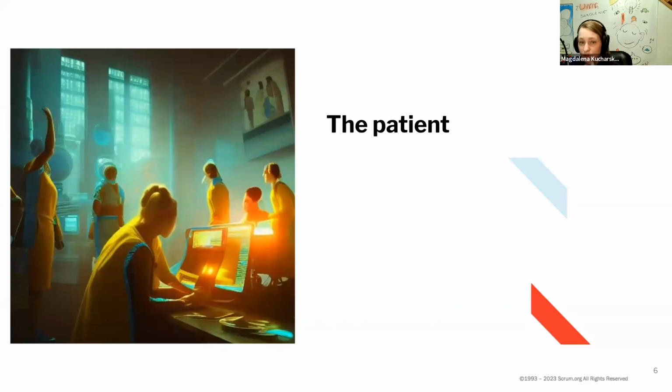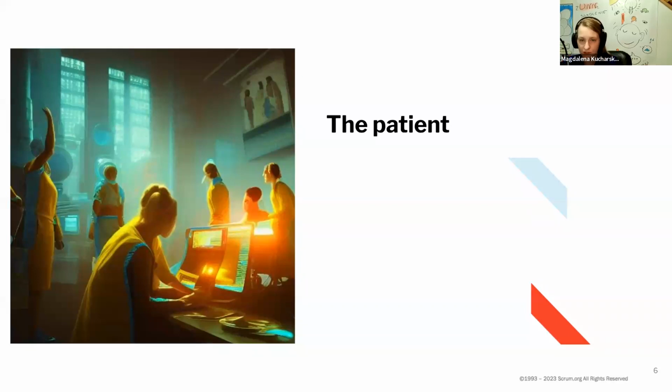And since those are anti-patterns that we need to work on, we call them the patient. So we're talking about the Scrum Master as a patient and different anti-patterns of them. You may see some resemblance to the ones created by Barry Overeem. We took a step back and tried to reinvent them based on our experience. So some of them might be similar, but the idea behind them and the way you can work with them